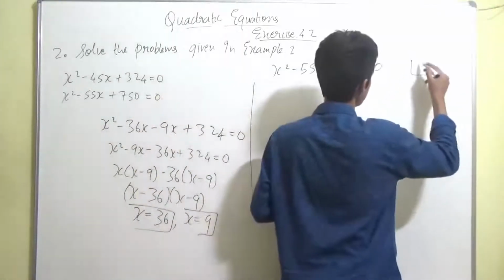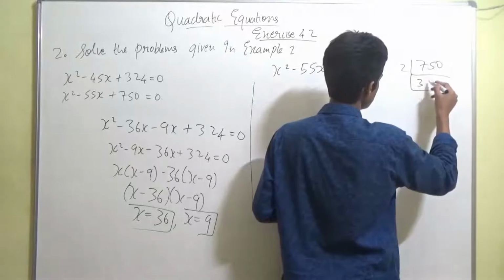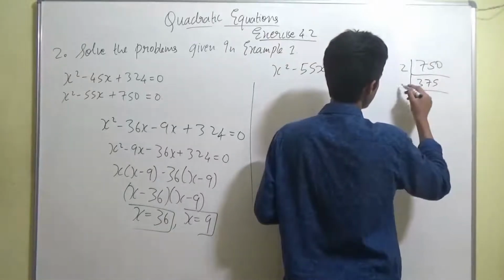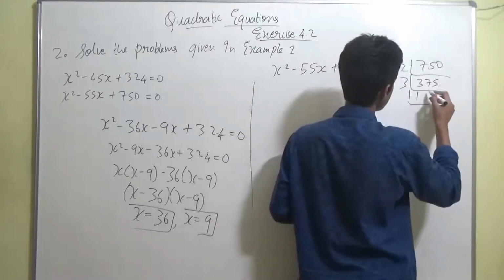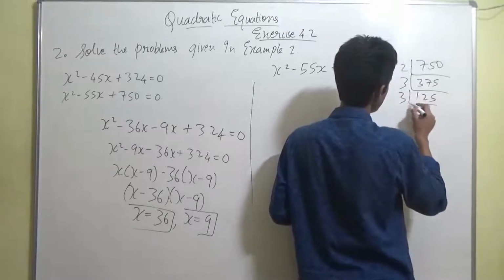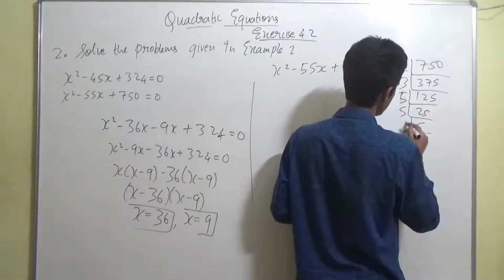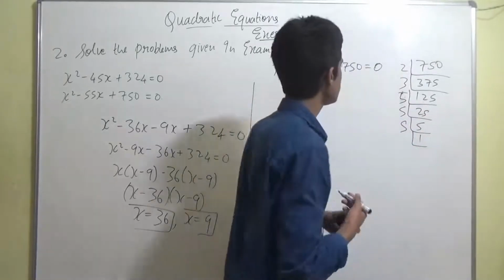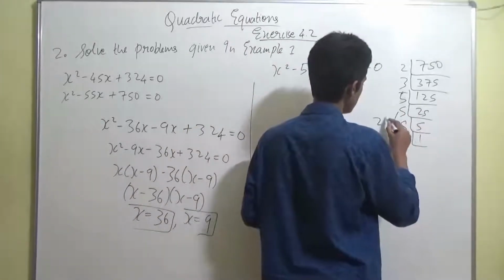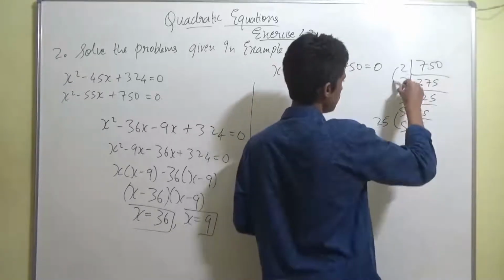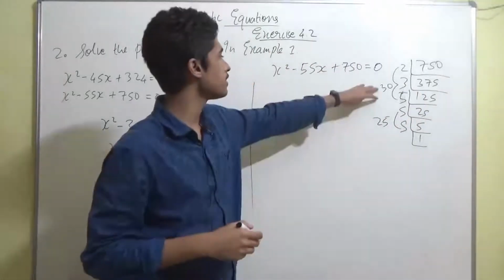You will do the prime factorization. That is 750, right? You will be doing the prime factorization. This becomes 375, and then you will keep dividing it. Here you will start dividing with 5, 25, 5, 5, 5, 1. Getting it, guys? Now if you see 30 and 25, if I multiply these two, from here I'll be getting 25 from these two combination, and from these three combination I'll be getting 30. Getting it? Now if you add 25 and 30, you're going to get minus 55.